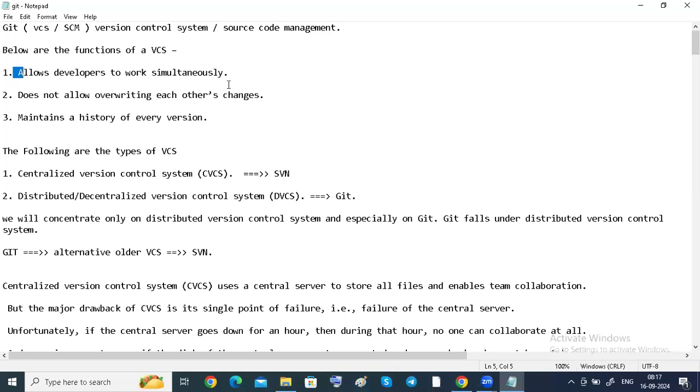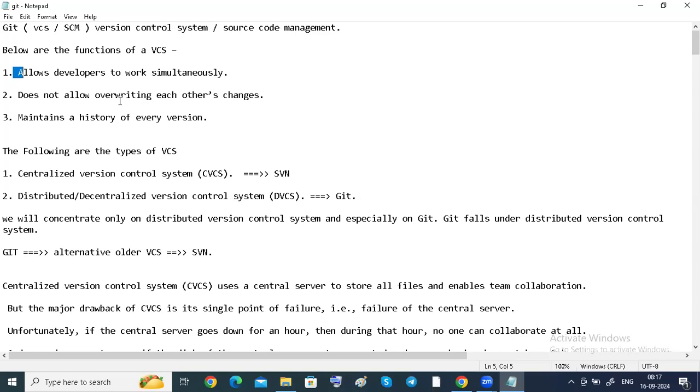For example, one developer is writing personal banking, and in that, some other developer is writing a login issue. He is working, but it does not allow overwriting each other's changes. That means every developer's changes will be allowed, guys. That is the reason I wrote that it does not allow overwriting each other's changes.